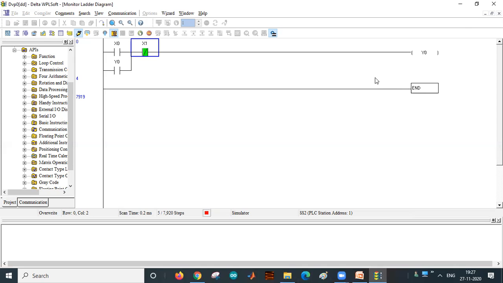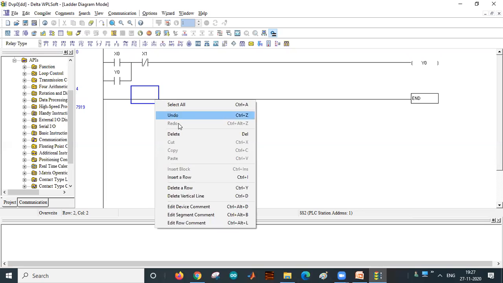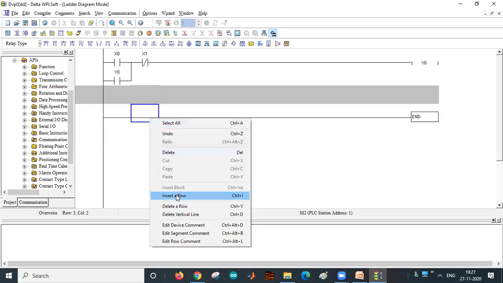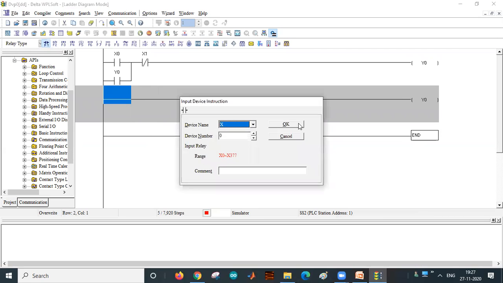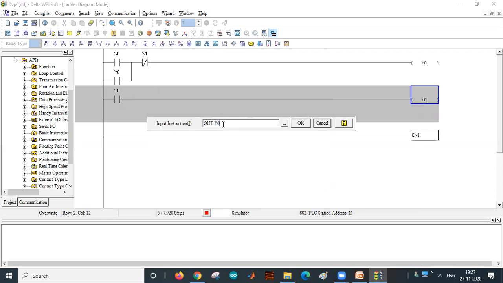If you want to extend this still, you can connect on and off indicators also. Whenever Y0 is on, a green bulb has to glow.